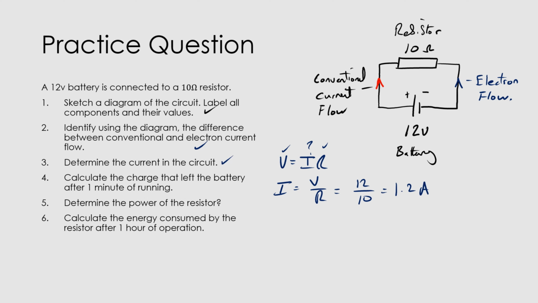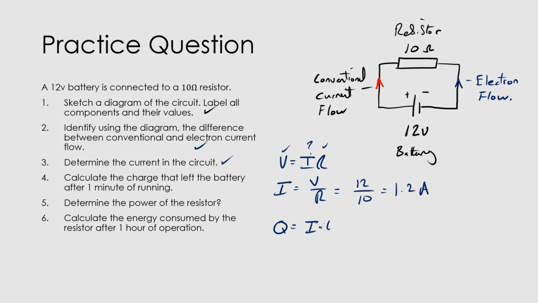Calculate the charge that left the battery after 1 minute of running. So you remember that charge is a measure of coulombs, which is effectively a measure of the number of electrons or charged particles you have in one place. So what we're really doing is seeing how many electrons have moved through the circuit in a given amount of time. Charge is